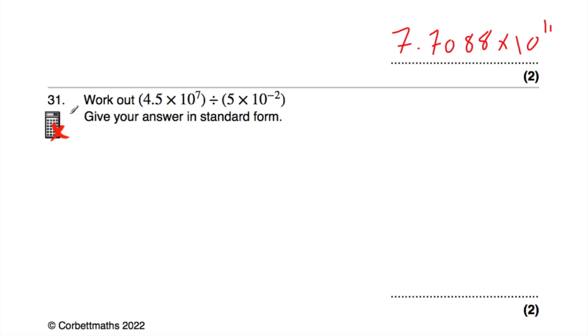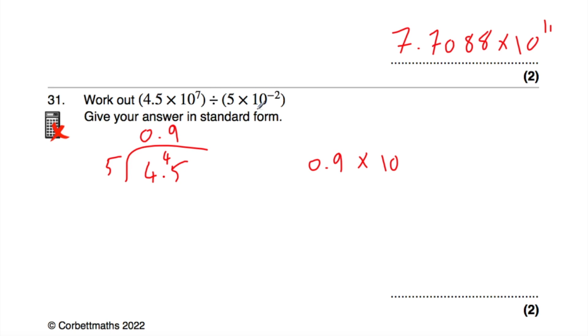Okay, so question number 31. We've been asked to work out 4.5 times 10 to the power of 7 divided by 5 times 10 to the power of negative 2, and to give our answer in standard form. It's a non-calculator question, so I'm putting the calculator down. Here we've got a division, so let's divide the numbers at the front. We're going to do 4.5 divided by 5. How many 5s go into 4? 0 remainder 4. And how many 5s go into 45? That's 9. So that would be 0.9 times 10 to the power of,